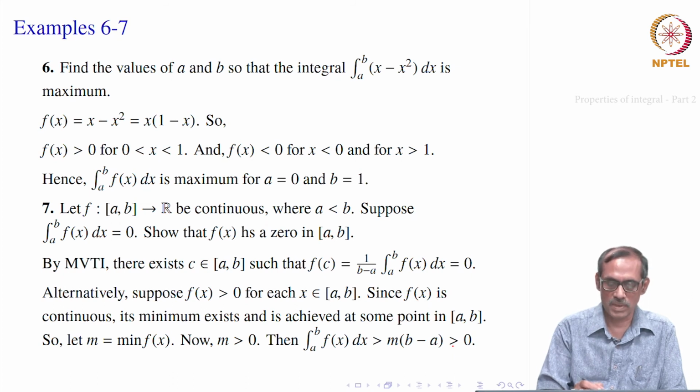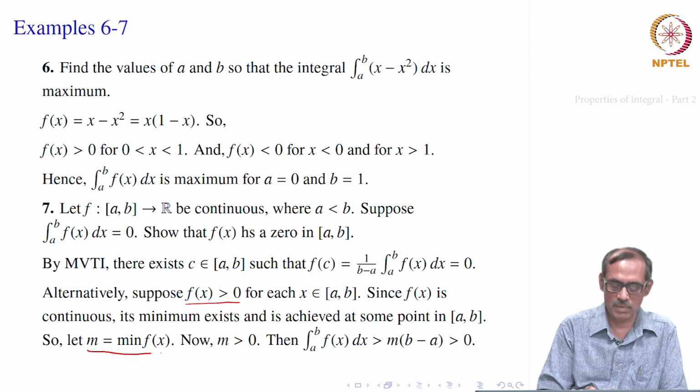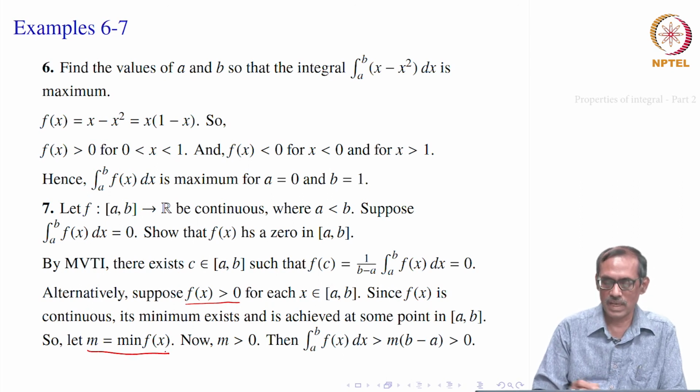Okay. So, because we wanted to show if f of x is bigger than 0, then the integral is also bigger than 0. And how to show the integral bigger than 0? This is the way. We say that f is continuous. So, since f is continuous, it has a minimum inside the interval a b, which is at some point c, that minimum is achieved. So, suppose the minimum is m equal to minimum of f x, then m is also bigger than 0, right. So, integral a to b f x dx is greater than m into b minus a, which is bigger than 0.